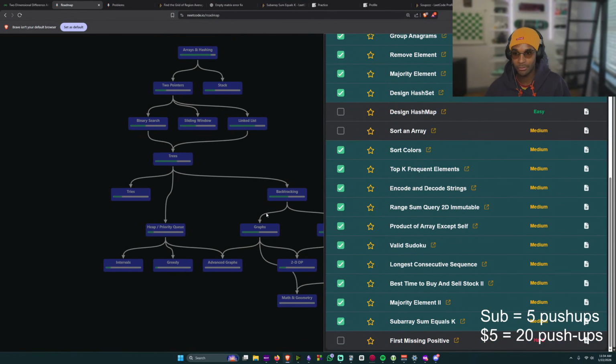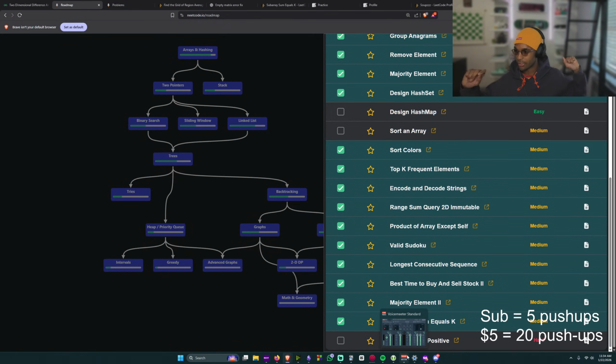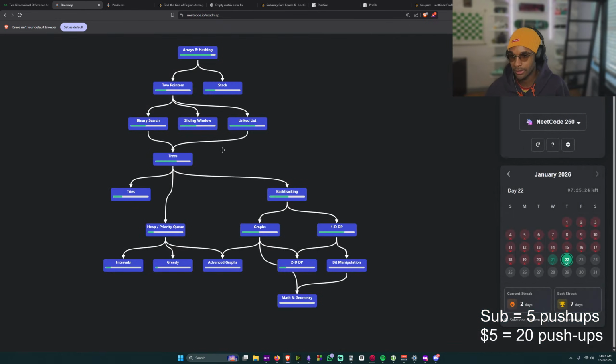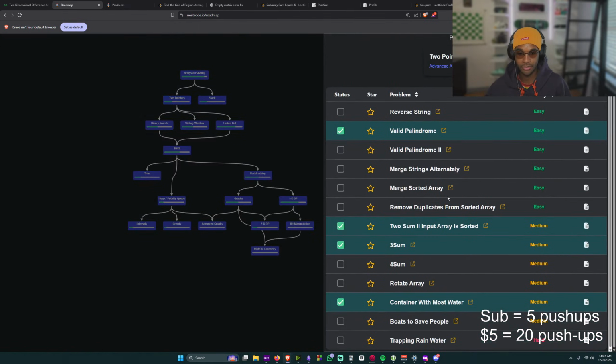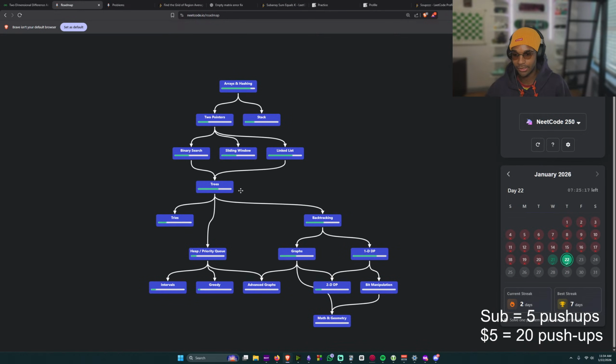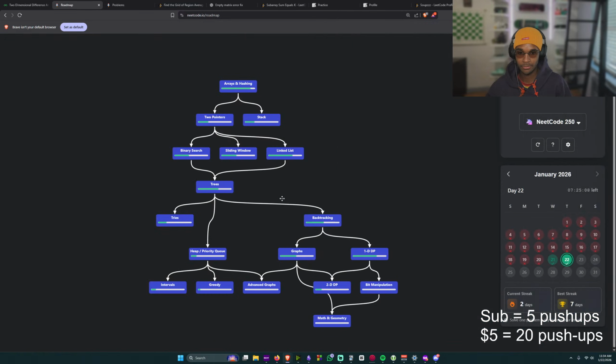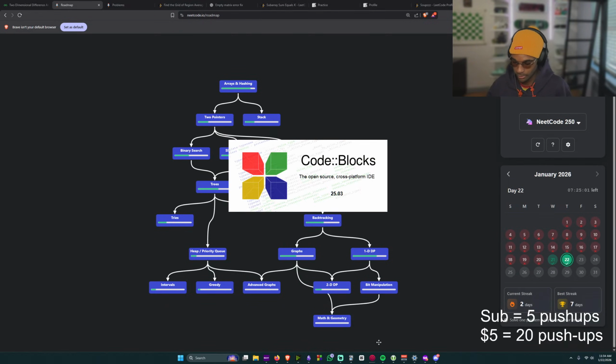All right, beautiful. So we're actually almost done with arrays and hashing. All we need is only three more questions, which is really good. And then we'll go over the two pointers. Oh, that's amazing. I don't know how long it's gonna take us to get to linked list, which doesn't have too many more. All right. I guess we're going into the C++ arc.